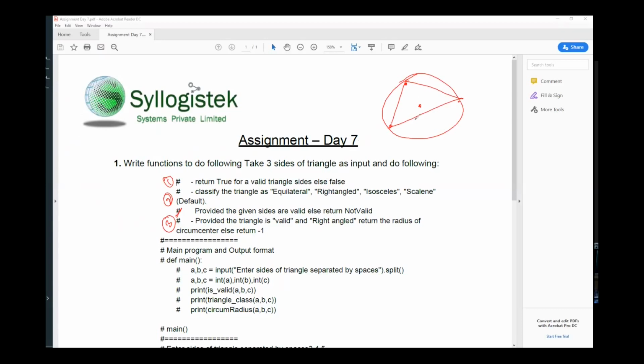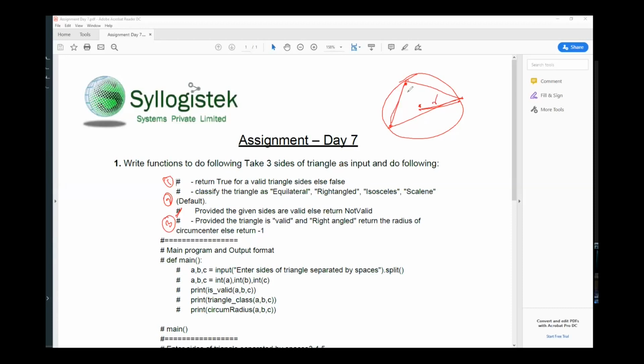The center of this circle is called the circumcenter, and this is your circumradius.